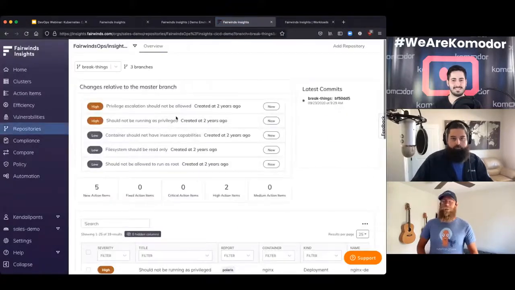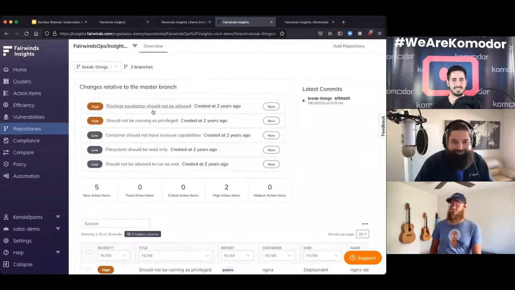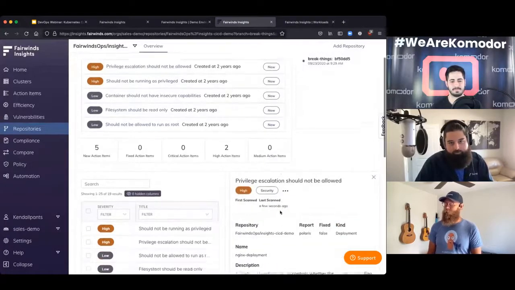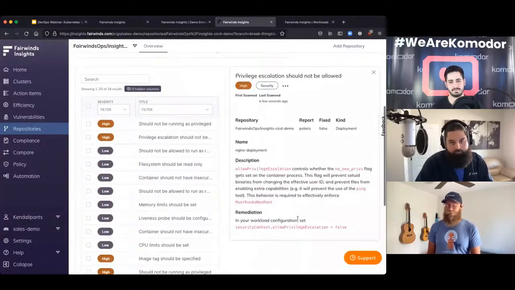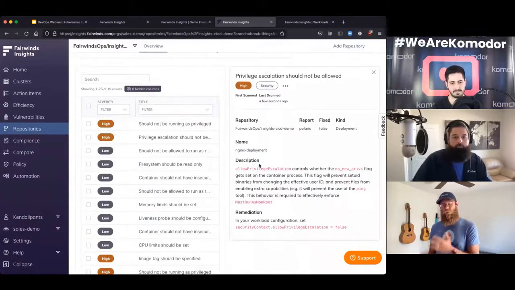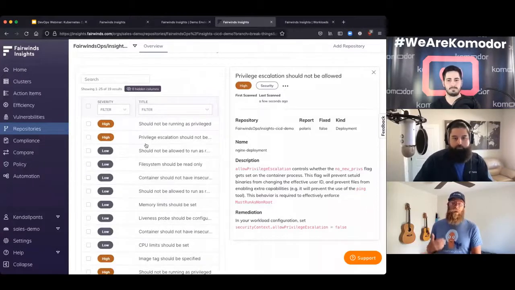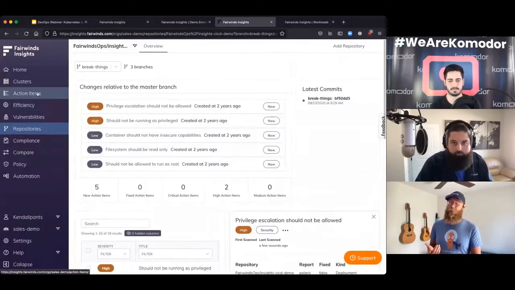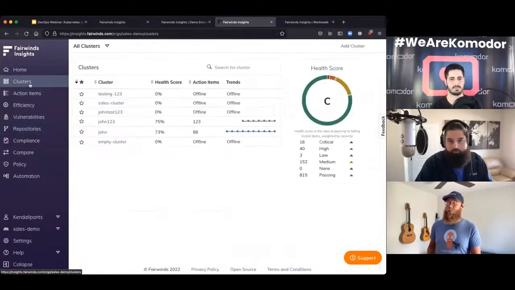It's going to load you into the GUI, and it's going to show you this. So here are the issues that we have, and I can click on this and it's going to tell me what the issue is and how to go about fixing it. So a normal engineer working in a normal workflow suddenly has something that's going to enforce policy. You can use the policy out of the box, or you can write custom policy, but it's going to keep you from causing problems across your organization.